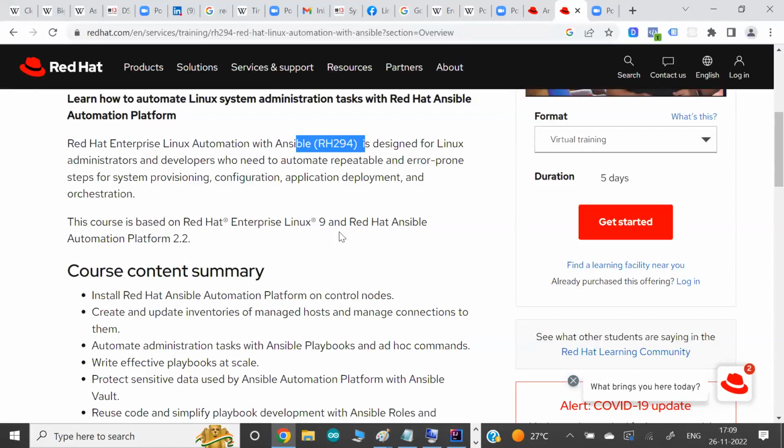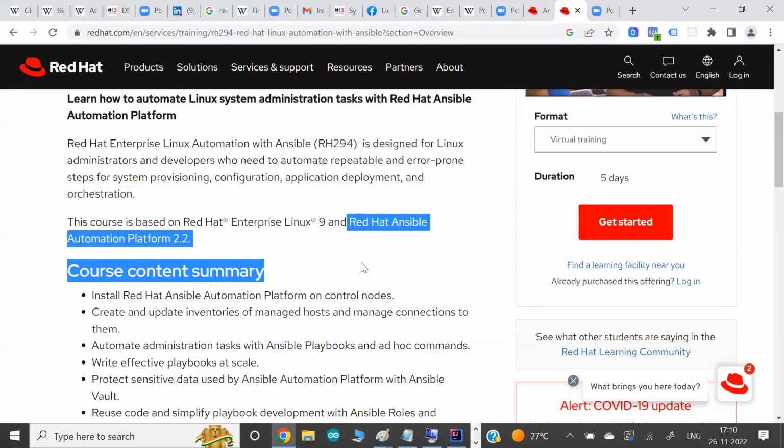So you would be among the few in this entire globe, maybe I can say the entire world, who will be the first to certify on Ansible. There will be a lot of Ansible certifications and professionals in the market, but you would be among the first few who are certified on 294 training with the new platform.